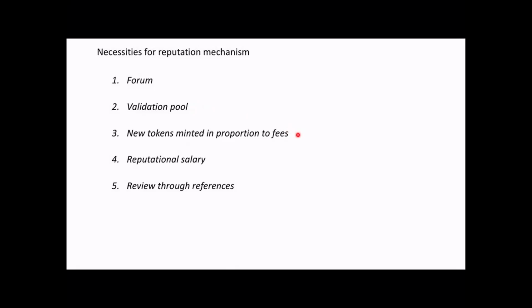The fact that the new tokens were minted when the fees came in, that's when the new tokens happened. That's just, like I said, to lock in that the tokens actually mean something, that the reputation tokens aren't just fake reputation tokens that you print 1 billion of them and hand them out randomly. You actually only print them when the fees come in, and then it has a grounded meaning. The reputational salary is a really big part of this. That's a sticking point for a lot of people that I explain this to.